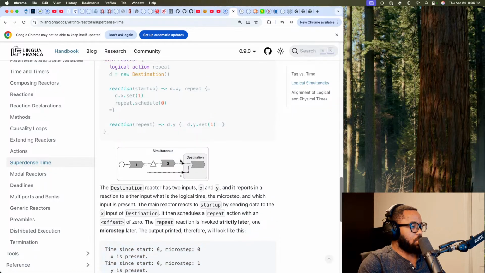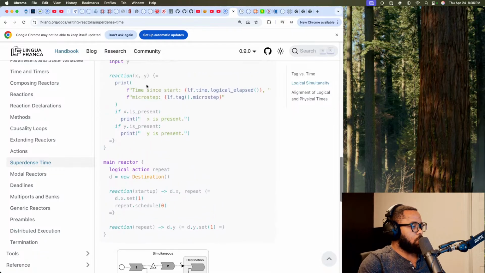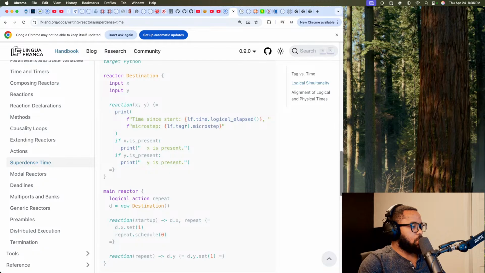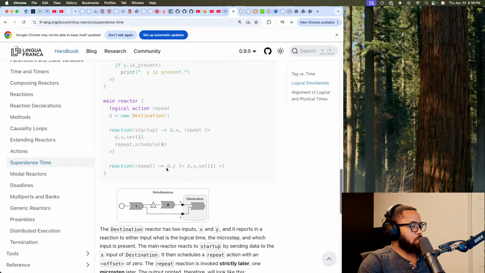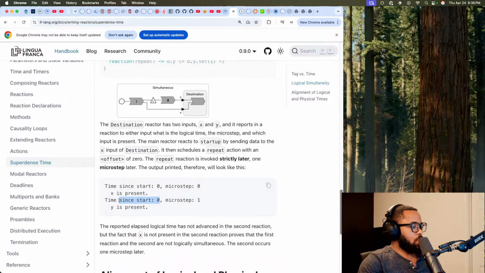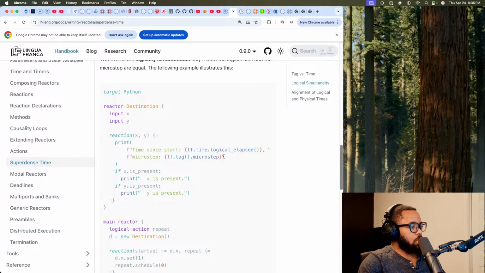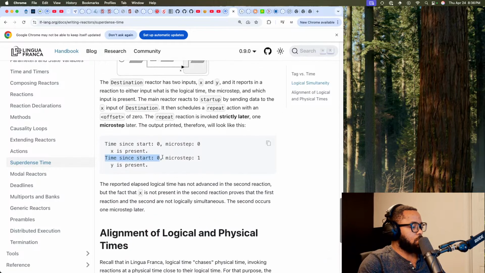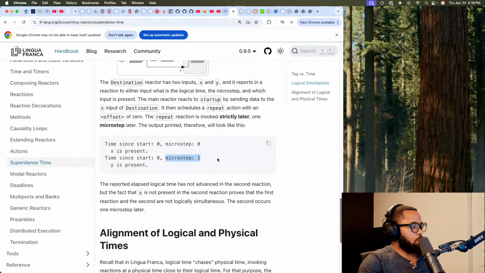The logical time, time since thought 0. So yeah, the elapsed logical time hasn't changed, but then you have the micro steps that change.